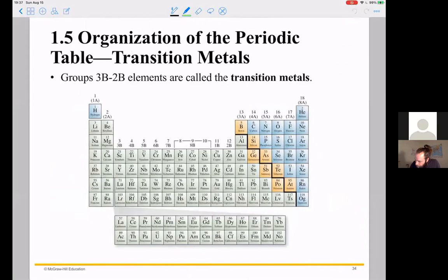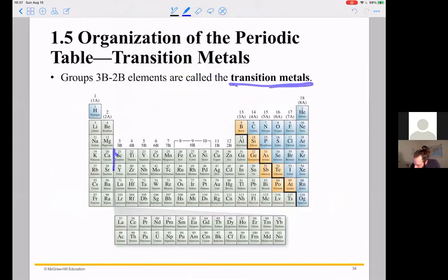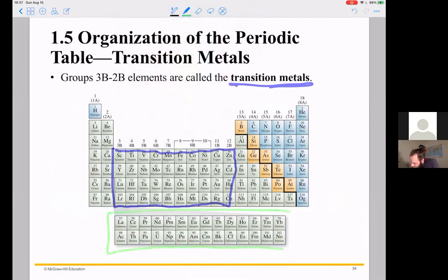And then the last important group is the big chunk in the middle, which are called the transition metals. That's this big chunk right here. This chunk at the bottom, they also have a special name, the lanthanides and the actinides or something like that. They are very rarely talked about because they're just so